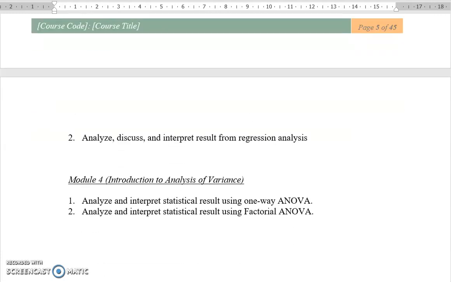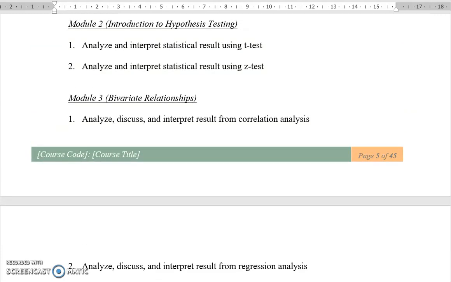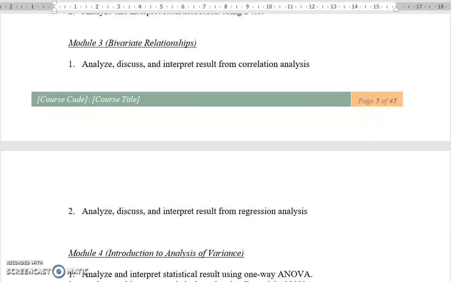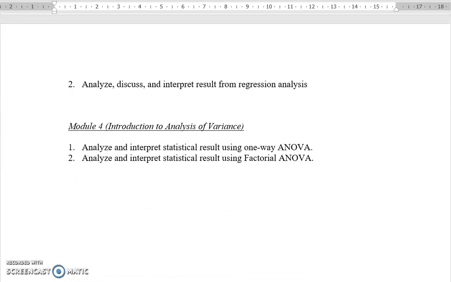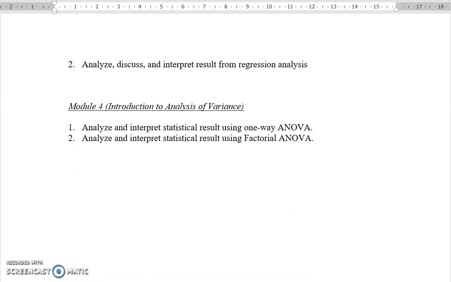For our exams, Module 1 and Module 2 will be the coverage of our midterm examination, and Modules 3 and 4 will be the coverage of our final examination. For Module 3, which is bivariate relationships, we will focus our discussion on correlation and regression. And lastly, for Module 4, we will be focusing on analyzing problems using the statistical F-test or